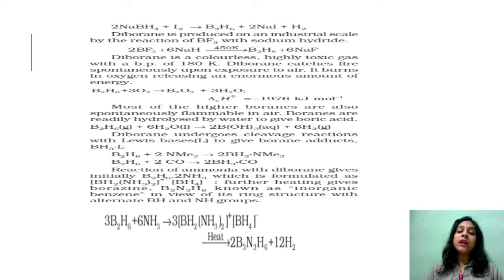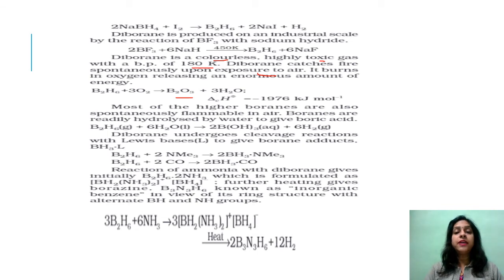And if we are talking about the physical properties of diborane, then it is a colorless, highly toxic gas with a boiling point of 180 Kelvin, and diborane catches fire spontaneously upon exposure to air. ये बहुत जल्दी बेटा fire catch करता है, and it forms boric anhydride along with the release of a small amount of energy. ठीक है, हायर डाइबोरेन्स जो भी होते हैं,